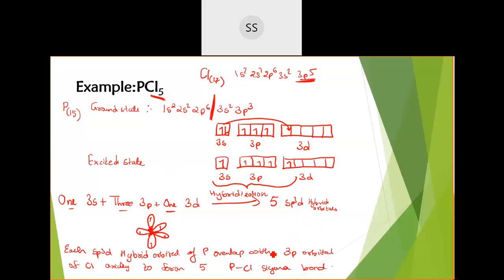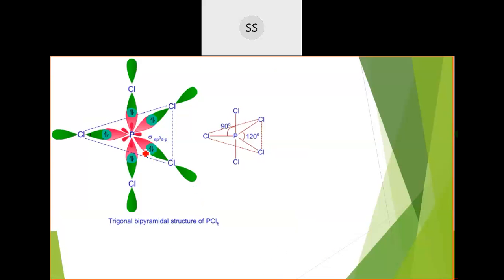But here, you don't have to write this structure, students. Now here, this is the overlapping structure. The phosphorus orbitals are there. This pink one you can see, no? Those are the hybrid orbitals of phosphorus, and then these green ones are the p orbitals brought by the chlorine. So you need not draw this because it will be complicated. For some of you, you will feel it difficult. So what you can do is directly draw the bond line structure. Okay, this one I've drawn.